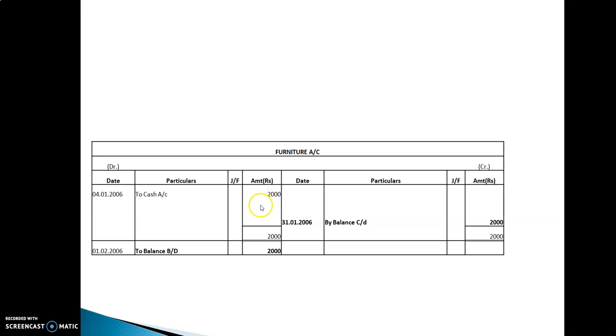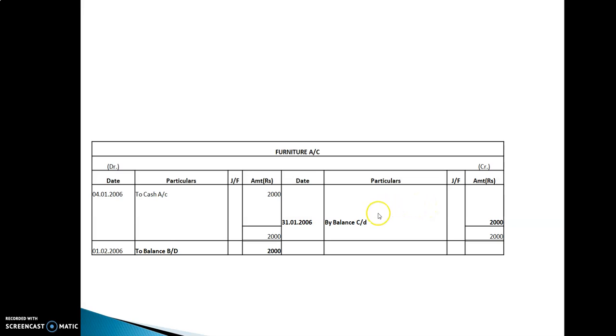Now, same way, you have to balance both the sides. Now, on the debit side, we have an amount 2000, but on the credit side, we don't have anything. And so, as I have already told, the side which has the higher total, we will write it on both the sides. So here only 2000 is on the debit side. So we will write 2000 on debit, 2000 on credit. Now the debit side is correct, 2000. But on the credit side we didn't have anything, but we have written 2000. So we have to balance this side.